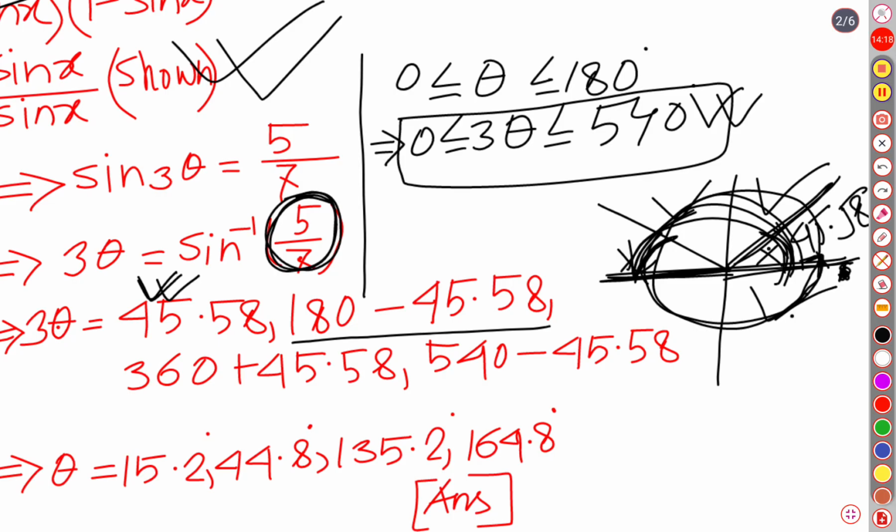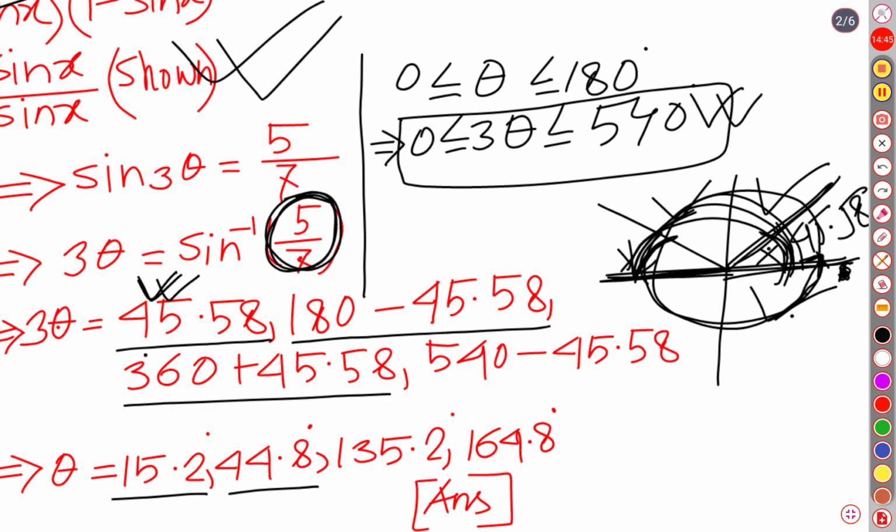Let me write. If we divide 45.58, there is a 3 on the left side. If 3 divides the first quadrant value, it is going to be 15.2. And from 180, if we subtract 45 and divide it by 3, it will show 44.8. For this case you can use your calculator, it will be better and simpler for you. Then the third value is